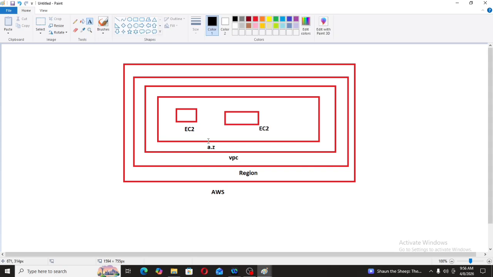There are two more layers in AWS: one is security groups and the other is NACL, network access control list. We will see this in further topics. When we cover security groups and NACL, we will add those two layers to this AWS diagram. For now, just understand these multiple layers. We will understand more about VPCs, but for now we have seen an overview of VPC in this video.